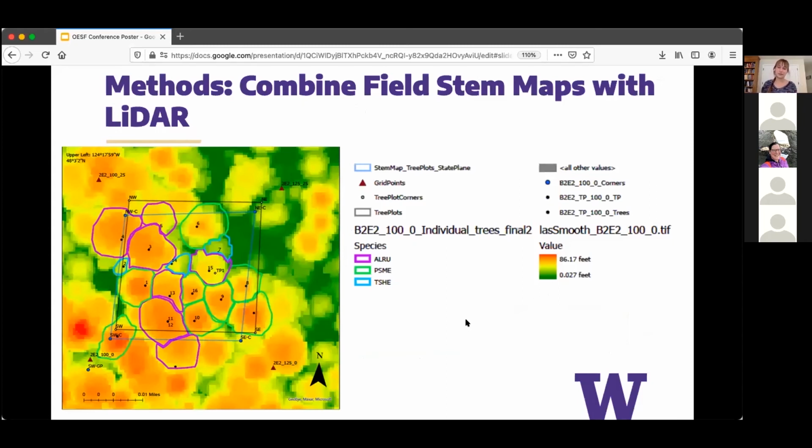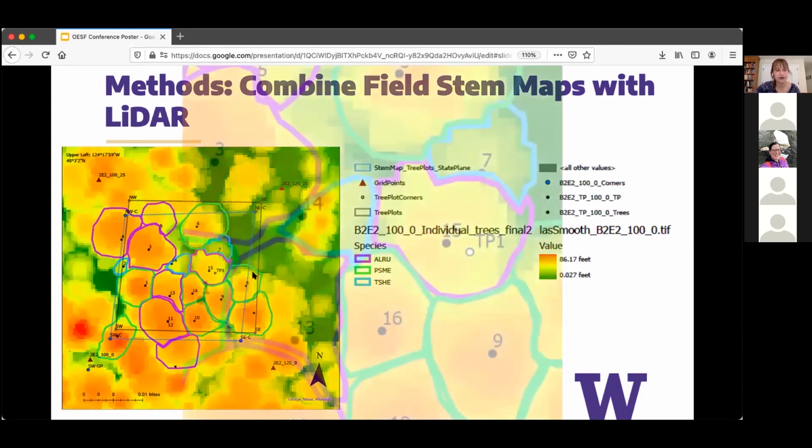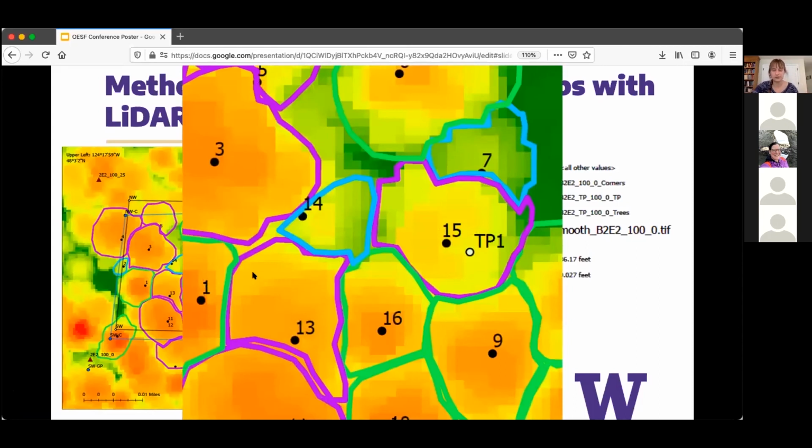And so what we did is combine the field stem maps from that field data with the canopy Lidar models. So basically, we knew vaguely where each plot was, but we had to line up each tree with the corresponding canopy from the Lidar. And I'll zoom in on this a little bit. And each polygon, the color of the hand-drawn polygon represents the different tree species. So for instance, for like this tree 3,